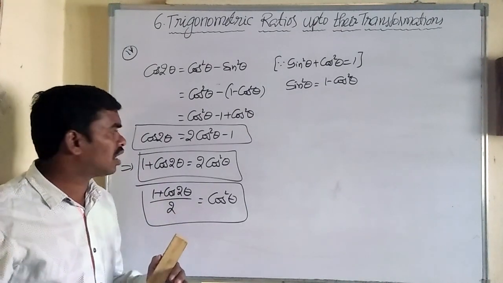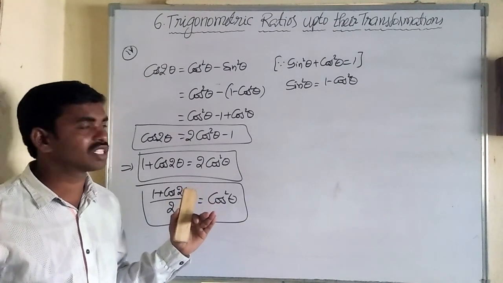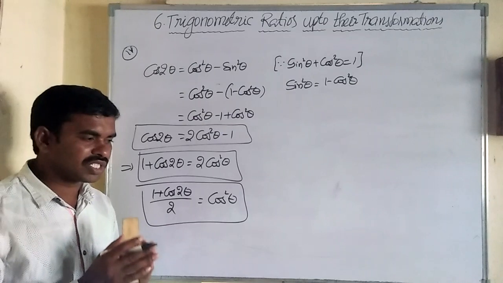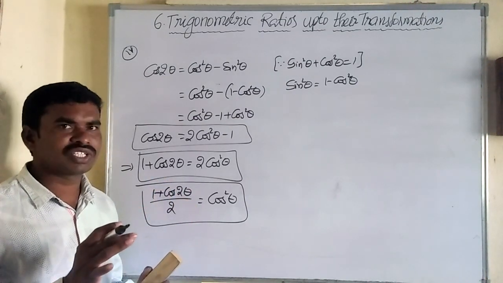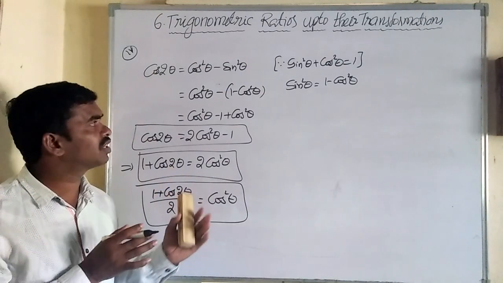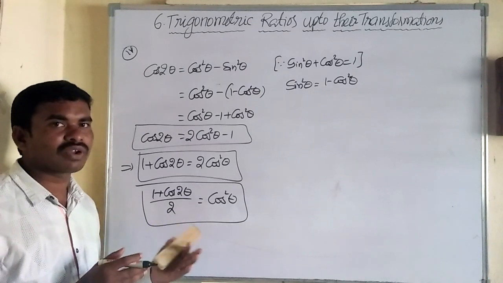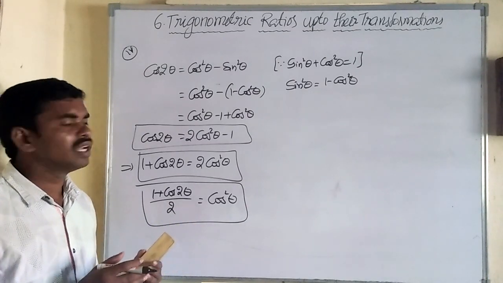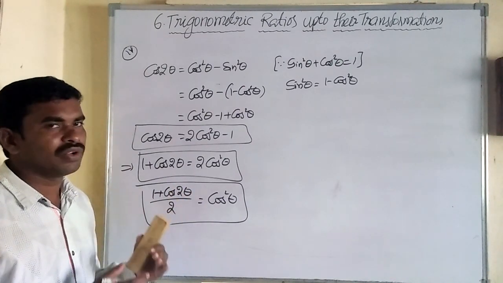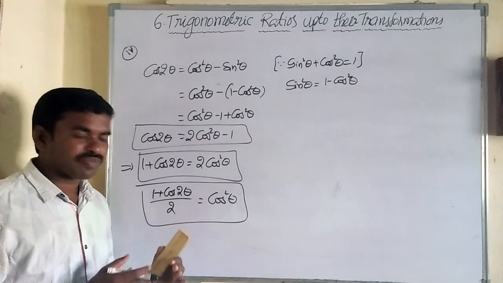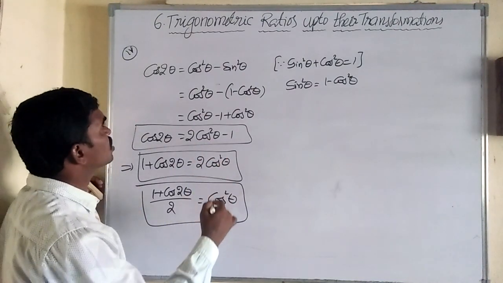Don't try to remember all formulas at a time. Remembering all formulas at a time is not easy. You just remember a few formulas, write them on paper without seeing, and compare and check whether you wrote them right or wrong, and then verify. After that, read some more formulas. In this way, step by step you have to memorize the formulas.